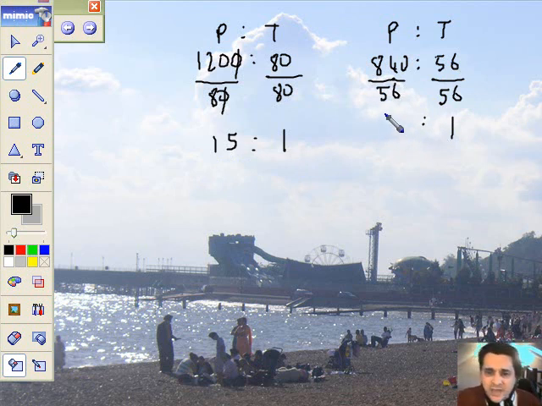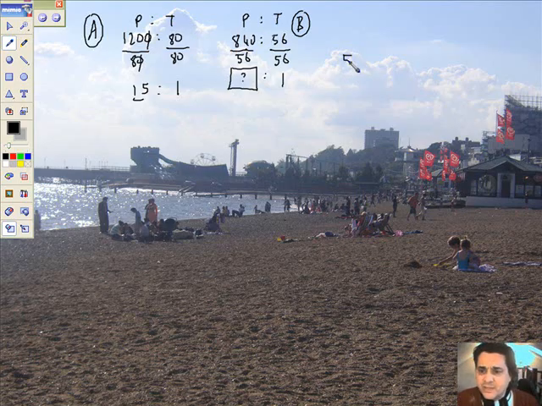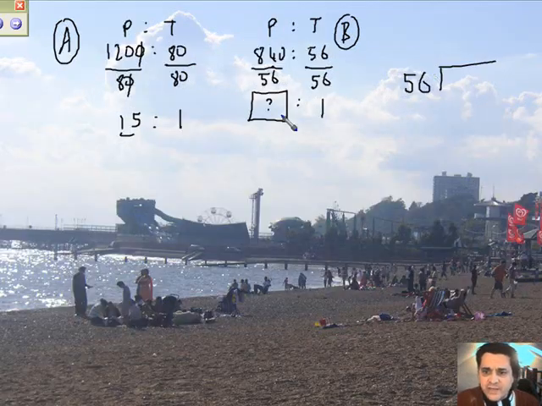Now if I can work this bit out, I can compare the answer here with the answer here, and they can therefore decide whether it's school A or school B that has the higher pupil-to-teacher ratio. Although it wants 56 using long division, that should help me see that mystery question mark there, the quantity of pupils compared to teachers. So here I go,